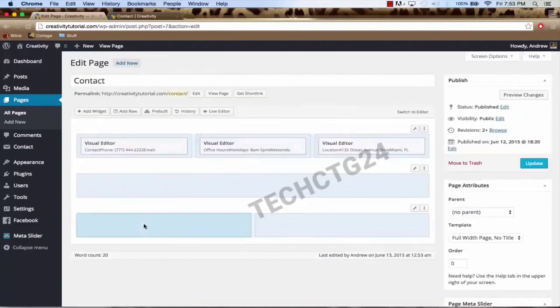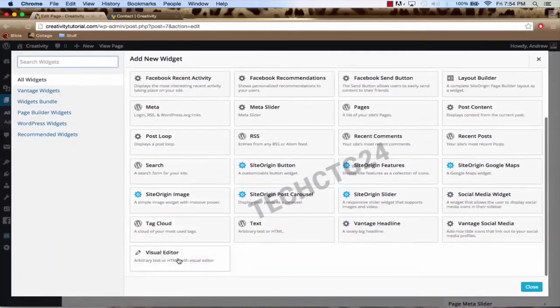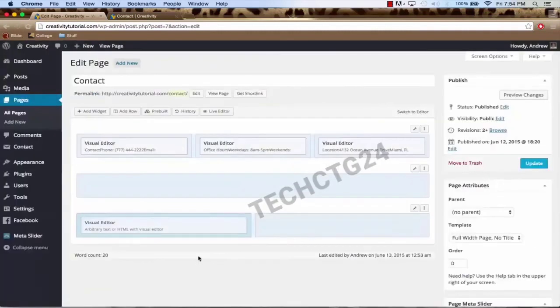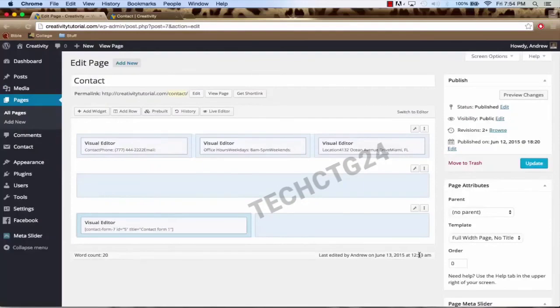Once you get here, select the bottom left block and click Add Widget. And scroll down to Visual Editor. After we find that, we're going to click Edit, and we're just going to paste our code in there, and then click Done. Now if we